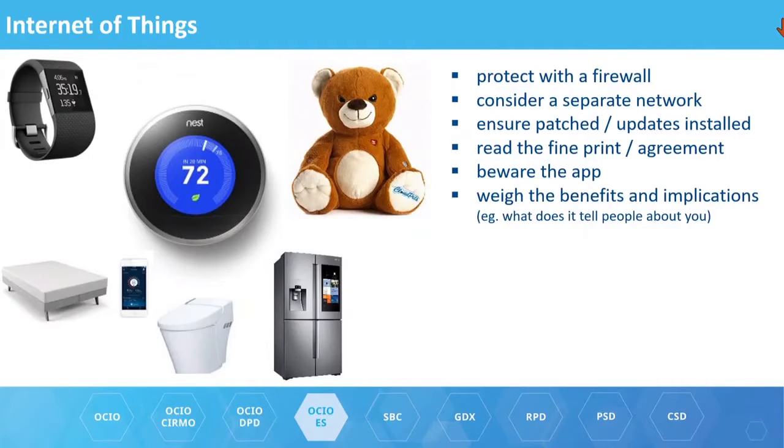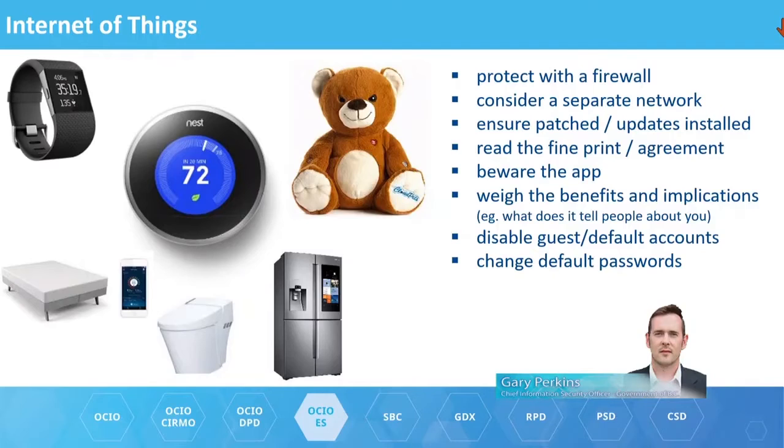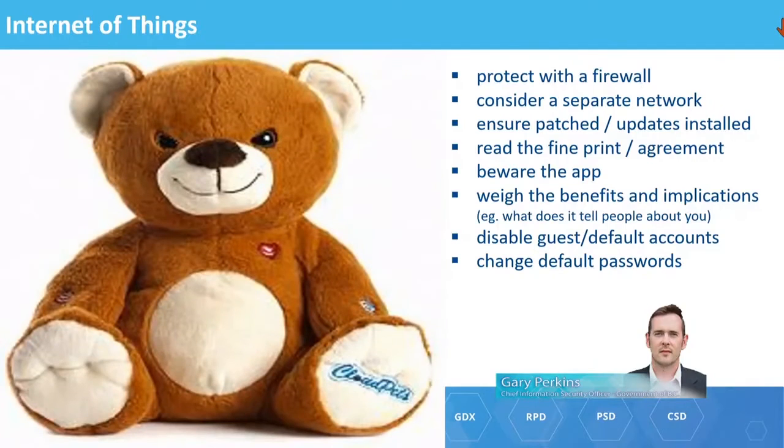A lot of these things bring benefits into our homes and allow us to work and collaborate with others more seamlessly. But think about the downsides as well. Same with your Wi-Fi router. If there are guest or default passwords or accounts, you want to get rid of those. And what I just really want to highlight is with some of these things like the nanny cams and such,